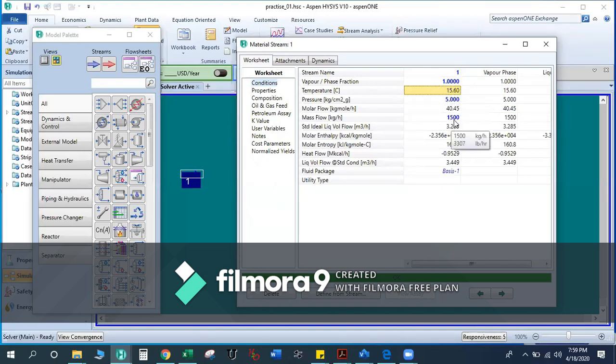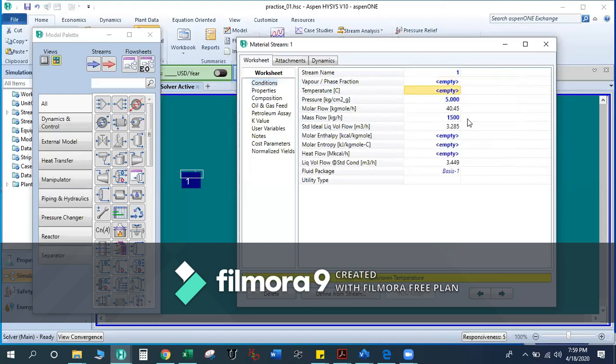So at least you will have to define three inputs: mass flow rate, temperature and vapor fraction, or mass flow rate, pressure and vapor fraction, or flow rate, pressure and temperature. Any of these three things you can define, and then it will calculate the remaining properties.